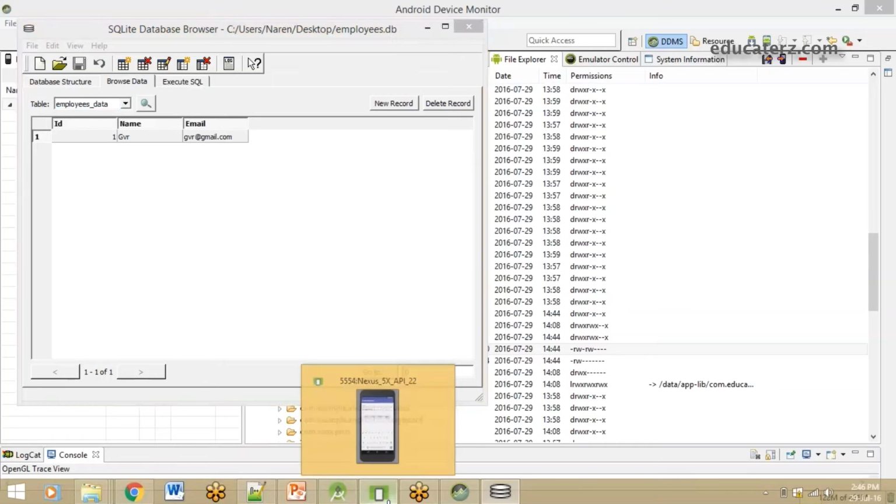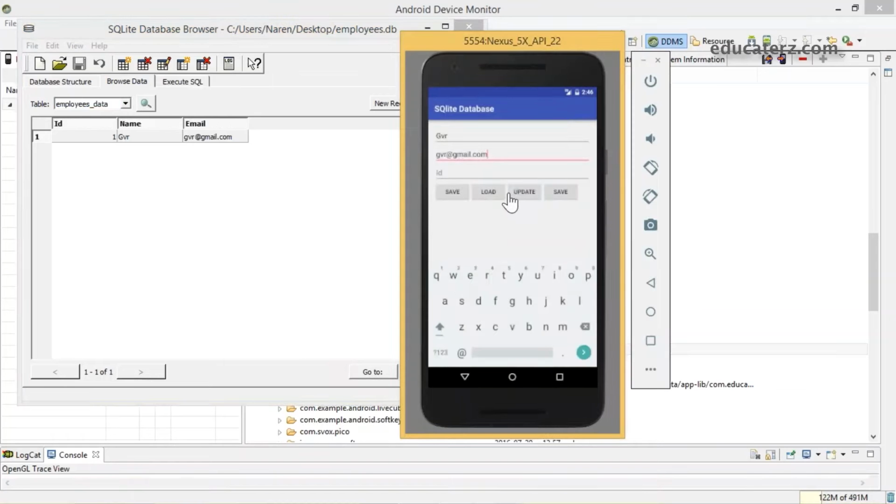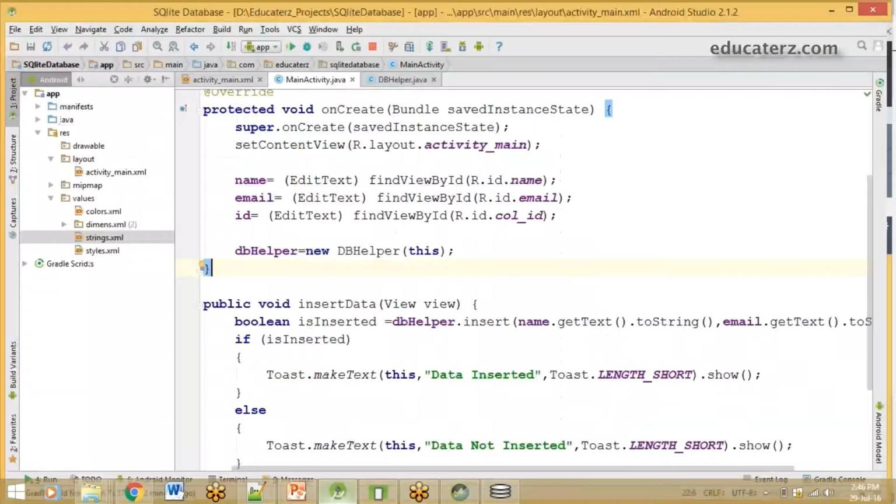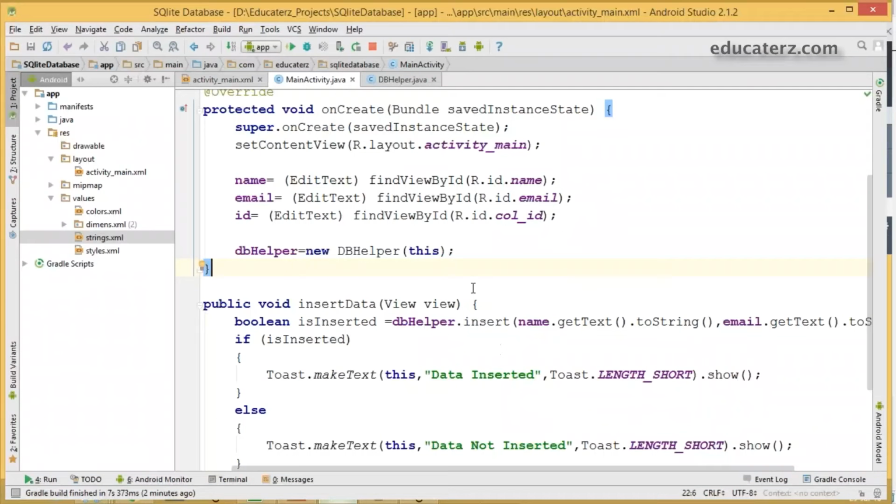Now I would like to add two more values. And the fields should be refreshed whenever I insert the data. For that, simply go to your MainActivity.java. After inserting, it should be refreshed.